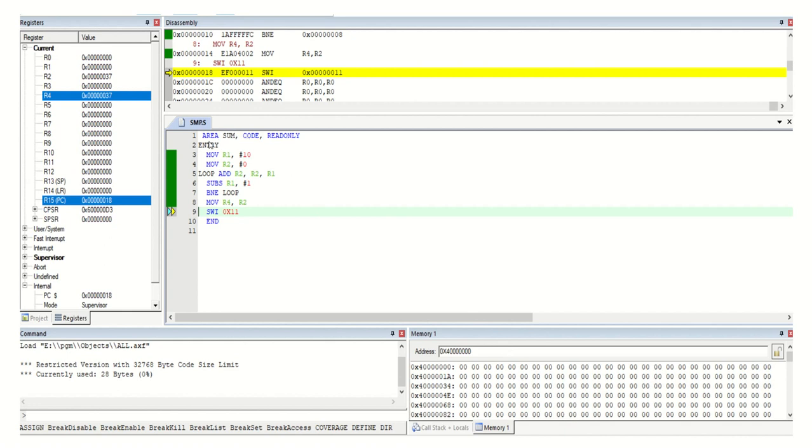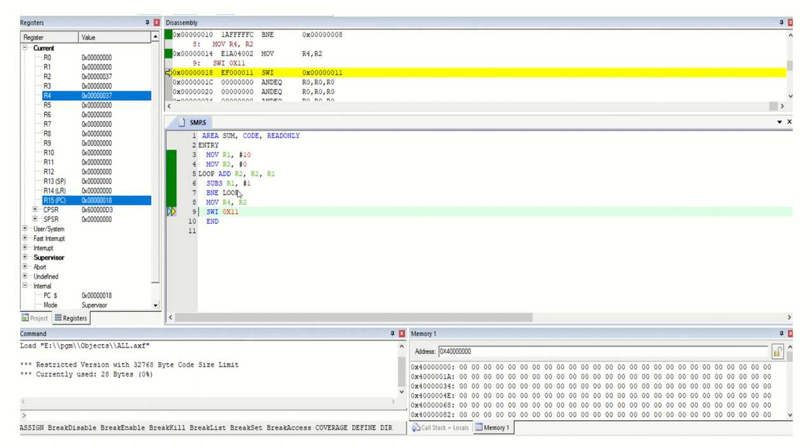ENTRY, again you can see the color, is predefined. And a loop, you can see this loop, that is user defined. You can change this name to any name. Same name we are going to give here also. This is actually a label.